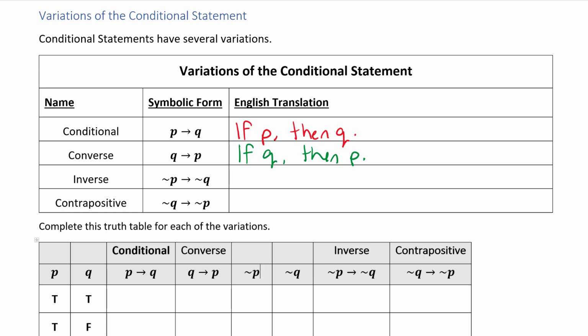Our next one is the inverse. The inverse negates the P and the Q, but keeps them in the same order. The way we pronounce that would be if not P, then not Q. And that is called the inverse. And then the last one is the contrapositive. It both switches the P and the Q's spots, and it also negates them. The way we would pronounce that is if not Q, then not P. So each of these is a different statement, but we want to investigate the truth values for